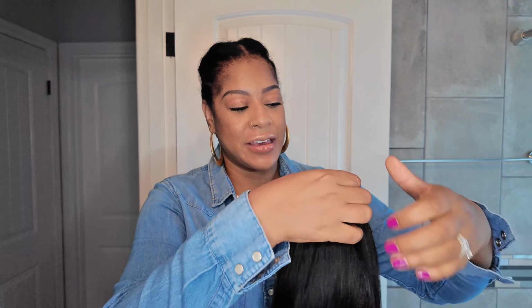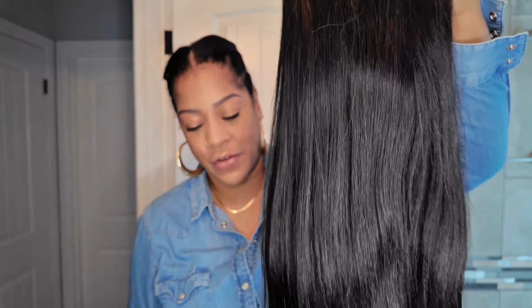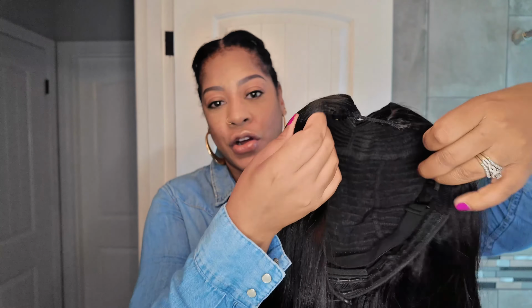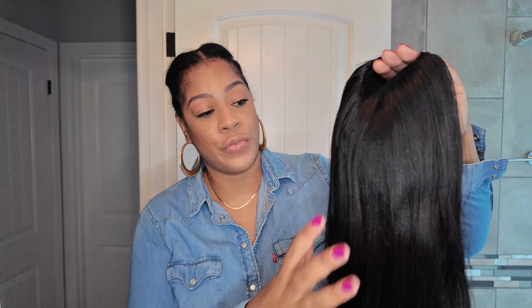So this is their Yaki straight V-part unit, and here is a close-up of that gorgeous texture. I absolutely love a Yaki straight texture. So this is just straight out of the box. I did not co-wash or anything. I did not dye it, but yes, I will be going back in and dyeing this a jet black to